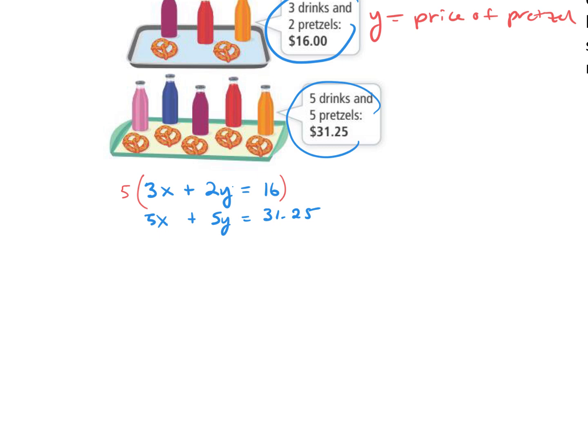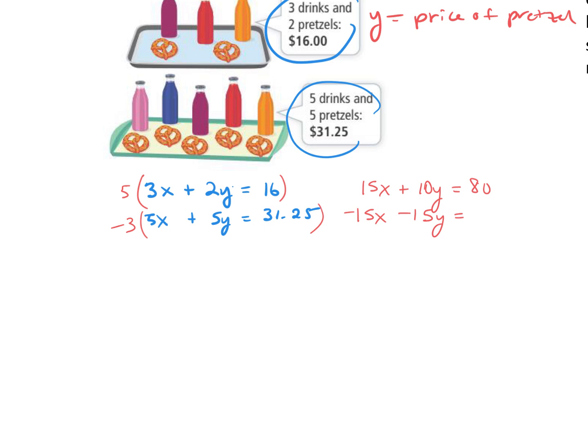That's going to give us 15x plus 10y equals 80. Bottom equation, we need to, what do we say? We're eliminating the x's. So we want this 5x to multiply up into a negative 15x. So we're going to multiply this equation by negative 3. Negative 3 times 15x is negative 15x. Negative 3 times 5y is negative 15y. And negative 3 times 31.25